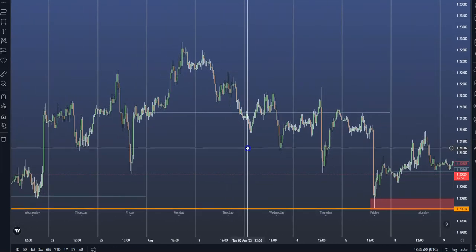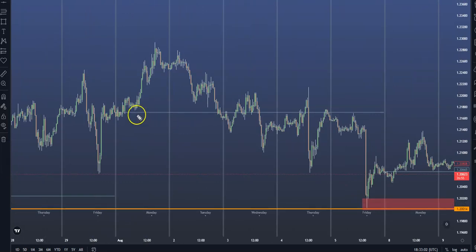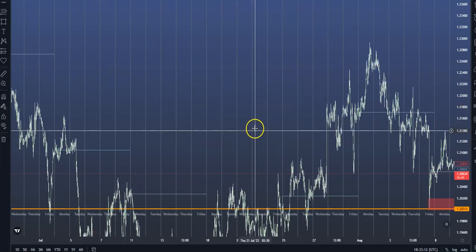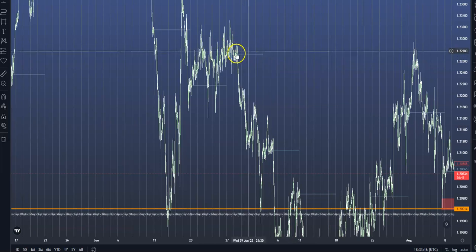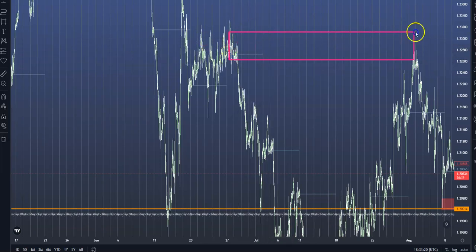We can see here again, Monday's opening price. Here we go, drag it across. Tuesday opens up. Let's say there's an area of resistance here. You can target the opening price. It happens over and over again. All you need to do is zoom out and look for an area of resistance. This could be an area of supply up here on the larger time frames, 4-hour, daily, whatever.